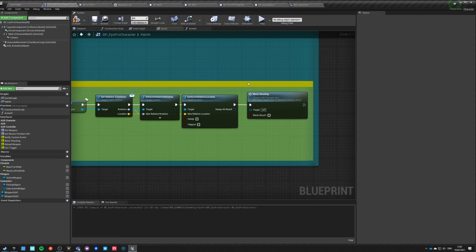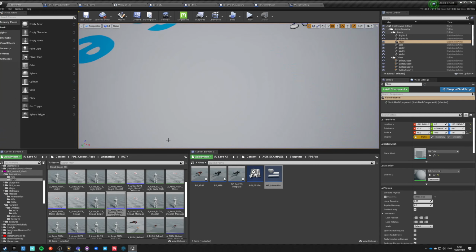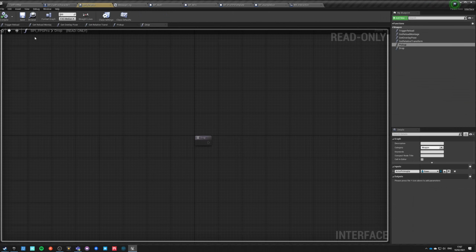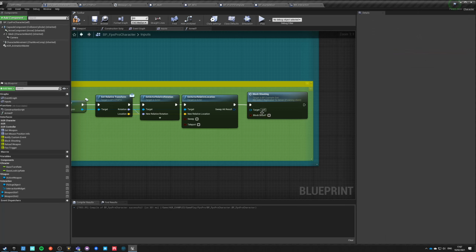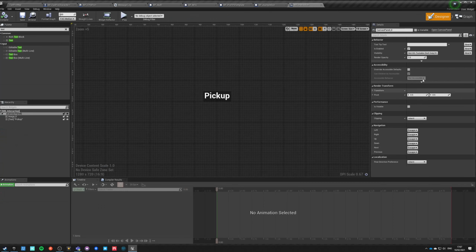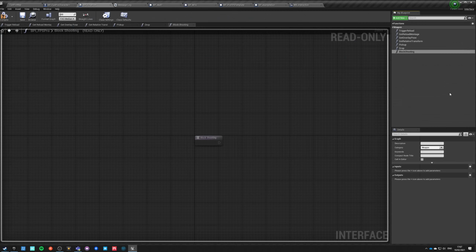okay, so now block shooting, it is a BP example gun. We need to change it. We need to go into our interface and say block shooting, new function. Okay, and our function block shooting has to be block shoot question mark, so it will work the same. So input is block,